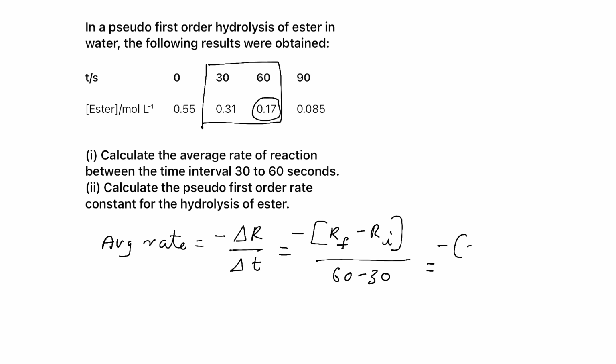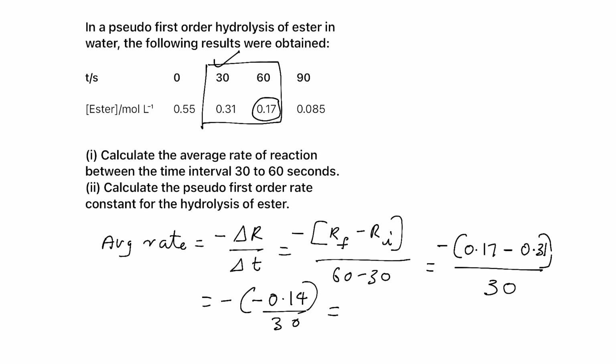See, 0.17 minus initial value is what? 0.31. Initial means what? See, we start the observation at 30 seconds. Okay. So 0.31 is the starting concentration by 30. Correct. So you will be getting like minus 0.14 by 30. So it becomes what? 0.14 by 30. Correct. See, on calculation you will be getting like